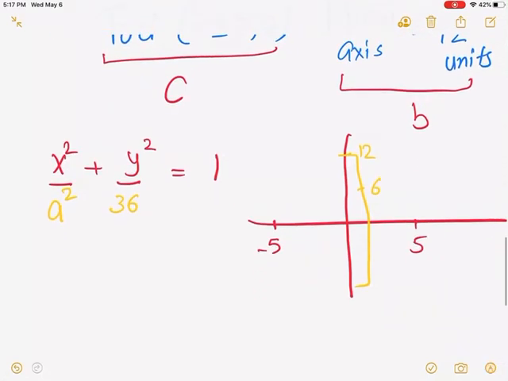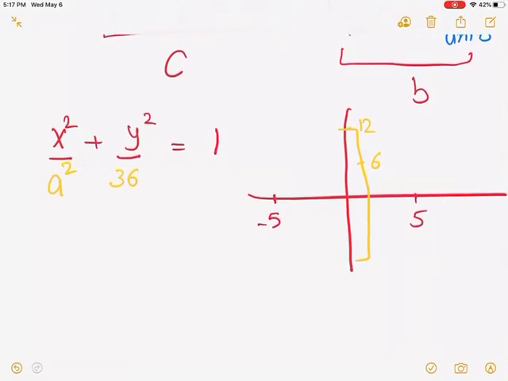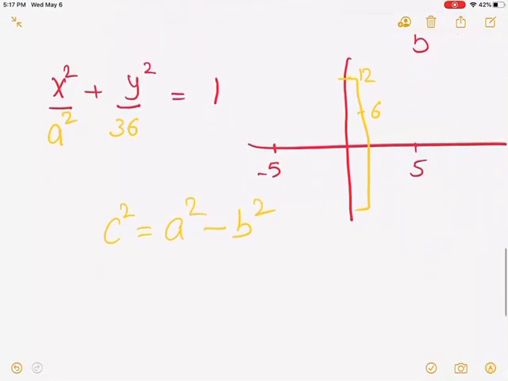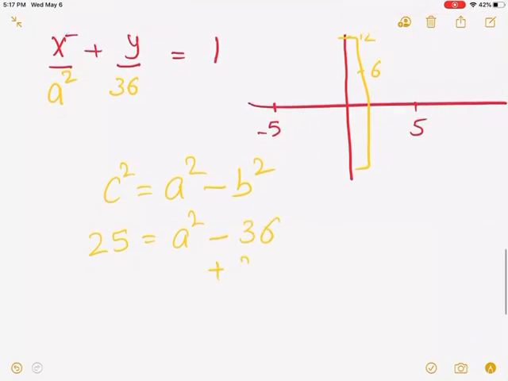Okay, but that's not all. We still have to find our A value. That's where you have to go back to C equation. Plug everything in. What's C number? C, it goes 5 distance, 5 units both ways. So it would be 5 squared, 25. A is missing. B is 6, 36. Solve for A squared. So add 36. A squared is 61. I can take square root and solve for A, but what do we need for the